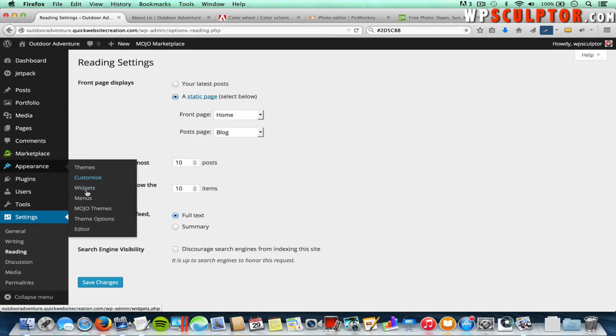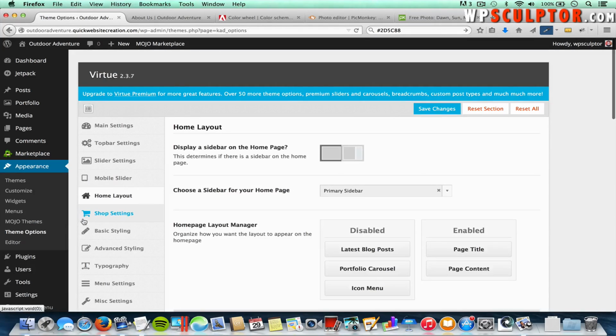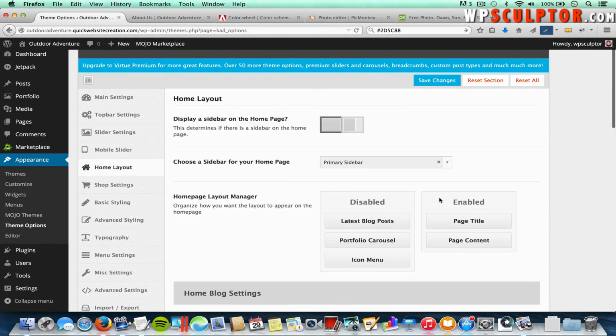So when we go back to Appearance, Theme Options, and scroll down to the Home Page Layout Manager, the page title and the page content, this is referring to the title of our home page and the page content that's going to be on our home page. So to add content to our home page, since we've designated that page to be our front page, we're going